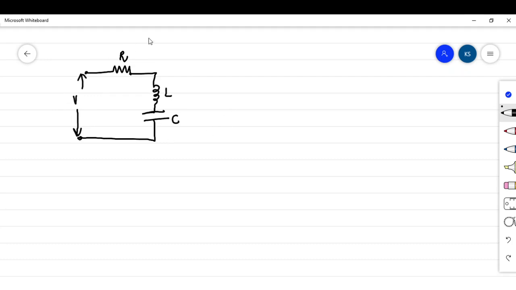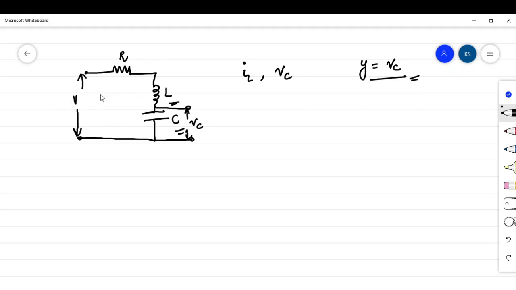So how to develop a state space model from this? Now we can see that there are two energy storage elements available in the circuit. So there will be two state variables. First is the inductor current and second is the capacitor voltage. And we are interested to find out the voltage across the capacitor. So we know Y is equal to Vc here because output equation is Y equals to C into X. We will discuss this also.